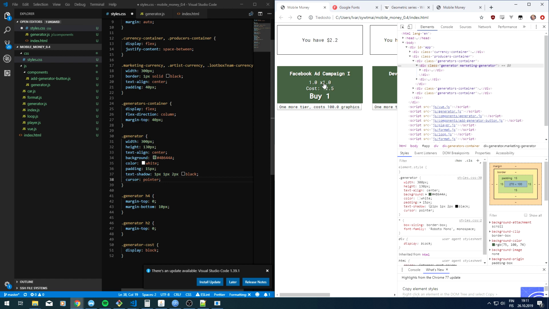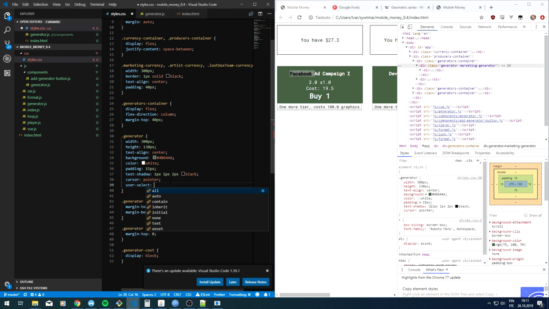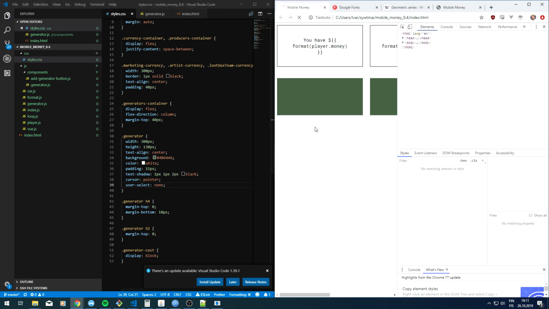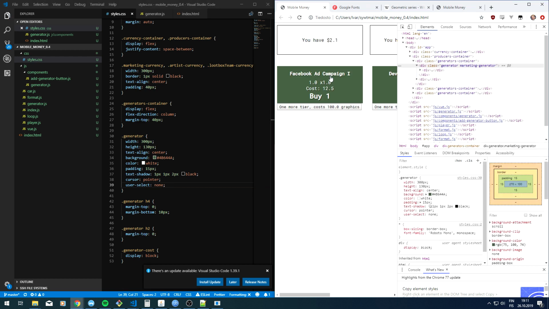And another issue we're gonna have is when you double click, this will highlight. So to prevent that, we'll just set user select to none, and that will make it so that you can't select it. Next, we will make it so that if you can't buy this, then it will be red,